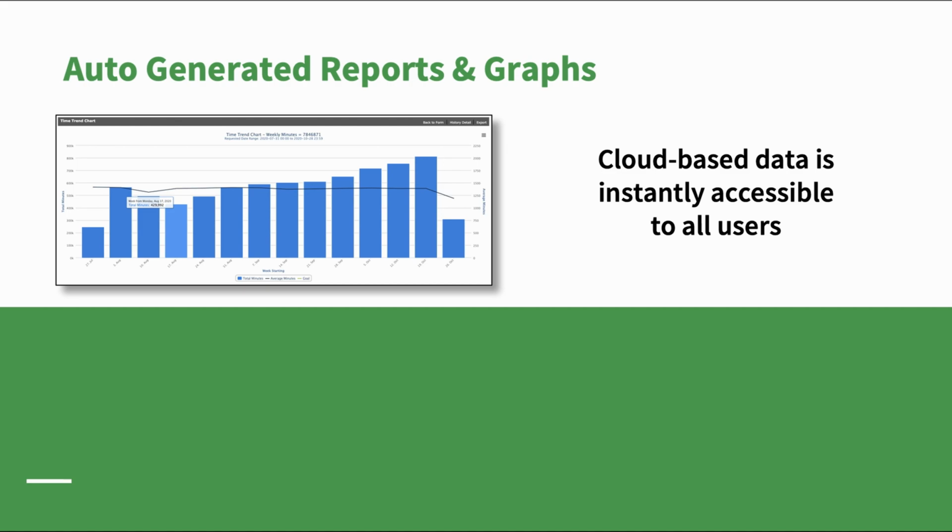What do I mean by that? Auto-generated reports and graphs means that the system can take all of that work that you used to do in spreadsheets and pivot tables and put it into charts and graphs, and then send that to your inbox every morning at exactly the time that you want for any amount of time. So if on Monday morning you need a downtime graph of last week's downtime and you need a Pareto chart that says, here's my top Pareto items for downtime, the digital production system leading to lean and that cloud-based technology allows you to say, every Monday morning at 7:15, please print me out my chart and graph for last week,